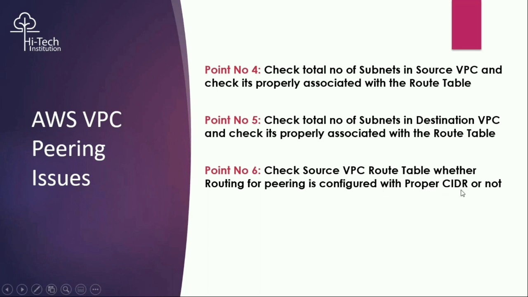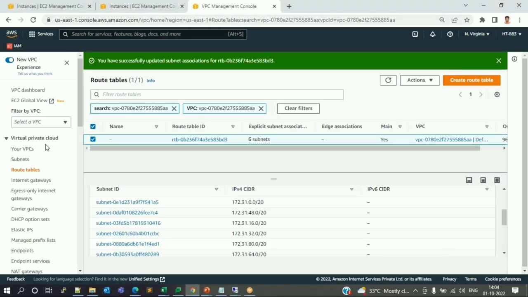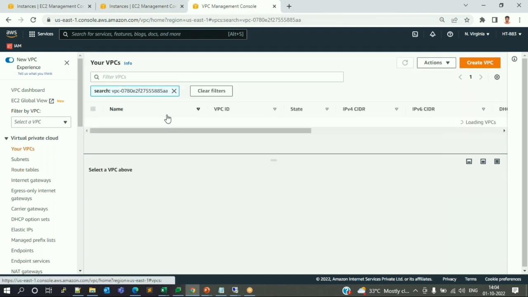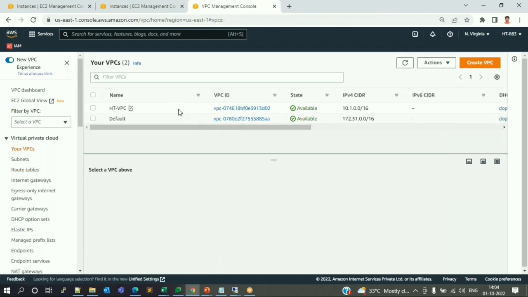What they are trying to say: in the source VPC we have a route table. In that route table we need to add the peering routing entry. That should be done through my destination VPC's CIDR. Okay, I'll show you here. Since we have 2 VPCs,